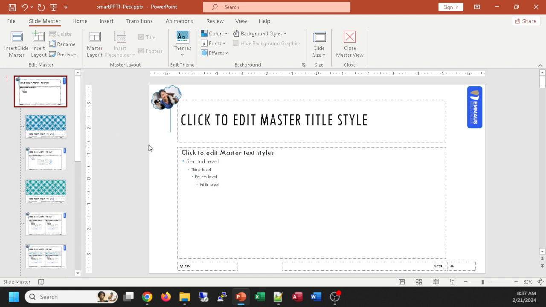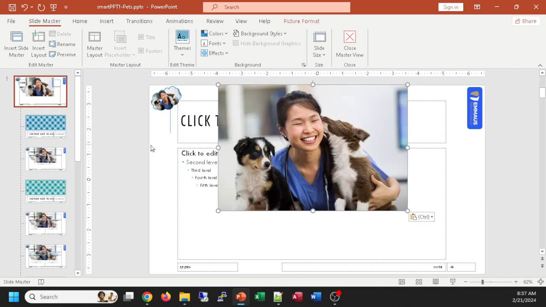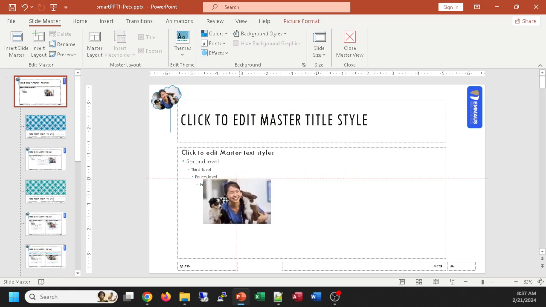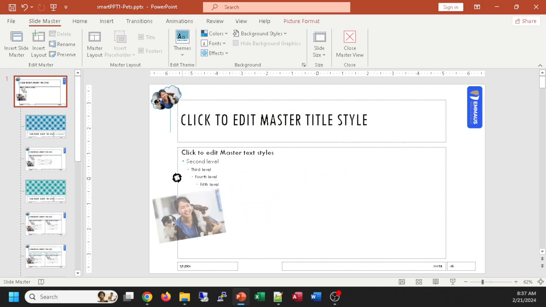I can paste that, adjust the size, put it in the corner somewhere, rotate it, and I can also, in this particular thing I did with my picture,